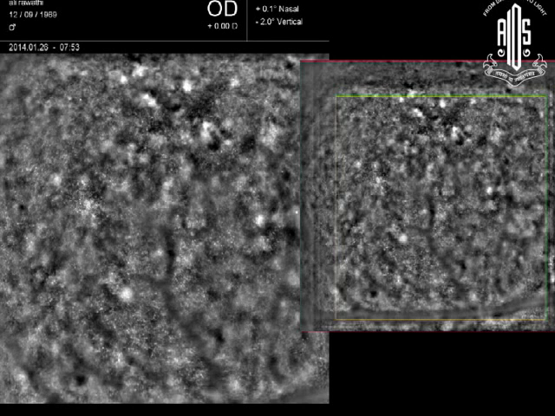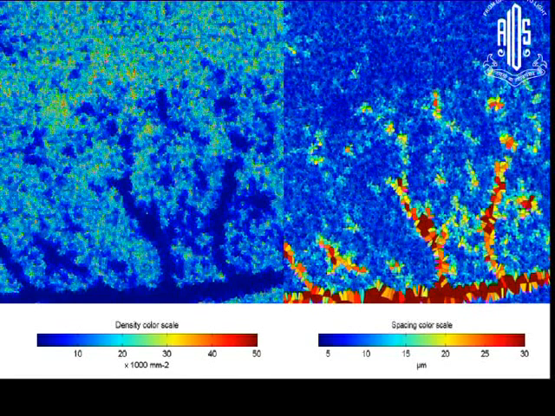When you come right in the center, sometimes the cones are so dense and so compact that you are not able to get the image of the cone in the center. So it may appear like this, but these are all the spots. Then you can select the area of interest which you want to study. You can mark the cones and you can get the density color ratio, or you can see how far they are spaced from each other.